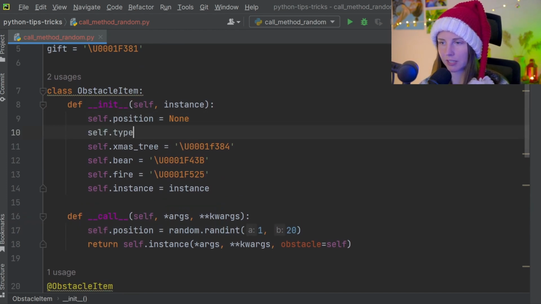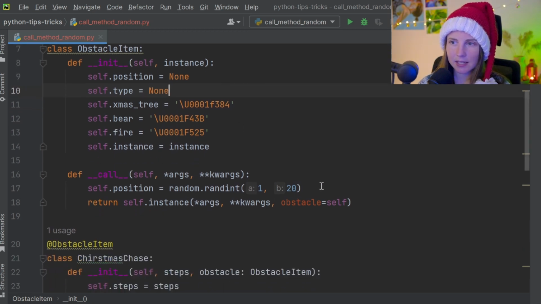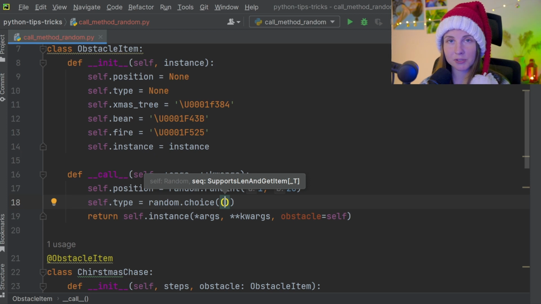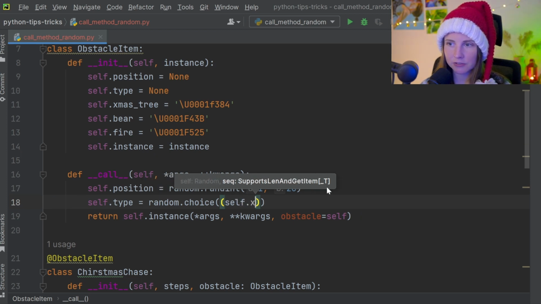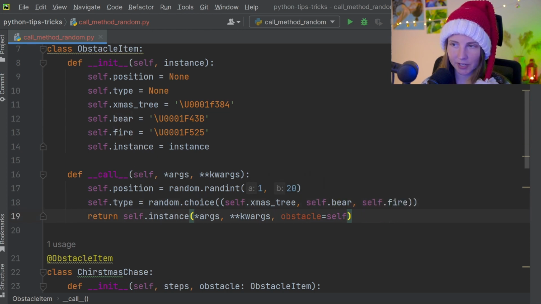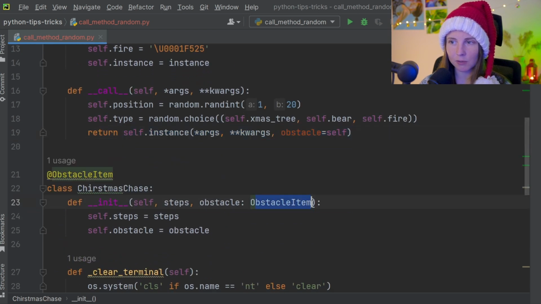So in self type equals none, and we're going to have self type equals random dot choice, and we are going to create a tuple here of our possible objects: self Christmas tree, self bear, and self fire. Okay. And we don't have to do anything else here because we're passing the whole object here,